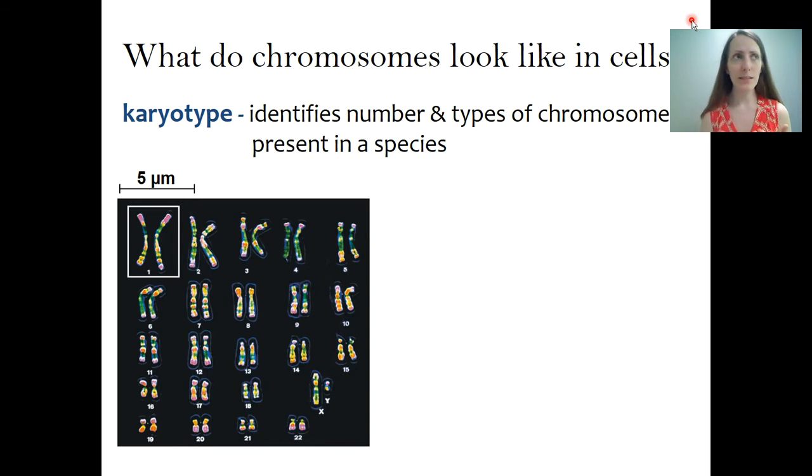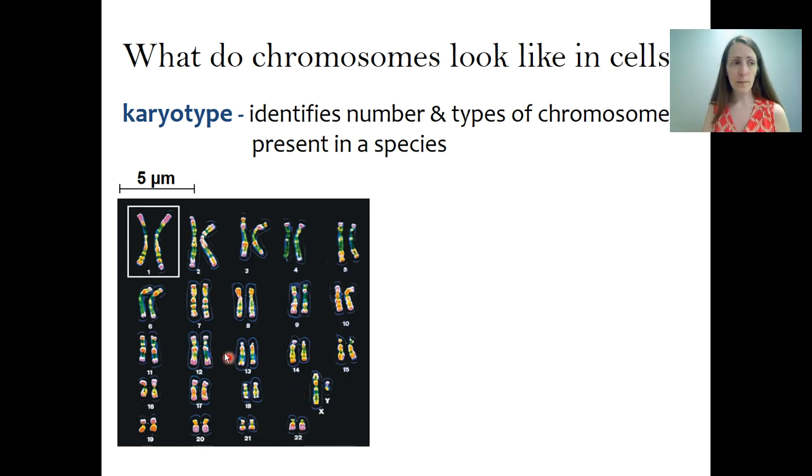One of the things that makes this maybe a little bit confusing is that when we visualize actual chromosomes, we can only distinguish them from each other when they are condensed. Chromosomes are only condensed in the process of cell division, and before a cell divides, the DNA is replicated. So anytime we're actually seeing a real picture of chromosomes, they're duplicated chromosomes, and that's what's shown here in this karyotype. So this is a human, so you can see we've got 22 pairs of autosomes and 1 pair of